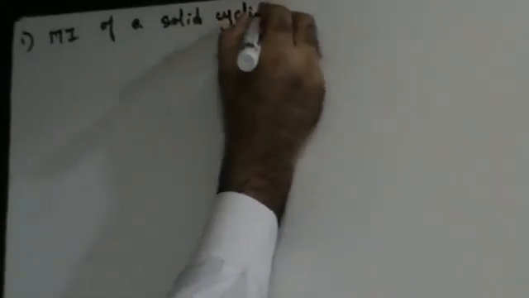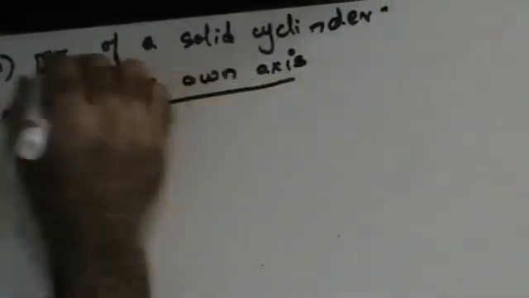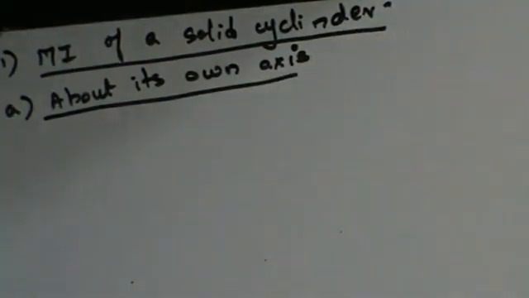Let's try to find out the moment of inertia of a solid cylinder about its own axis. First thing we'll do is try to find out the moment of inertia of a cylinder about its own axis. I can say that a cylinder can be considered to be built up of small discs piled one upon